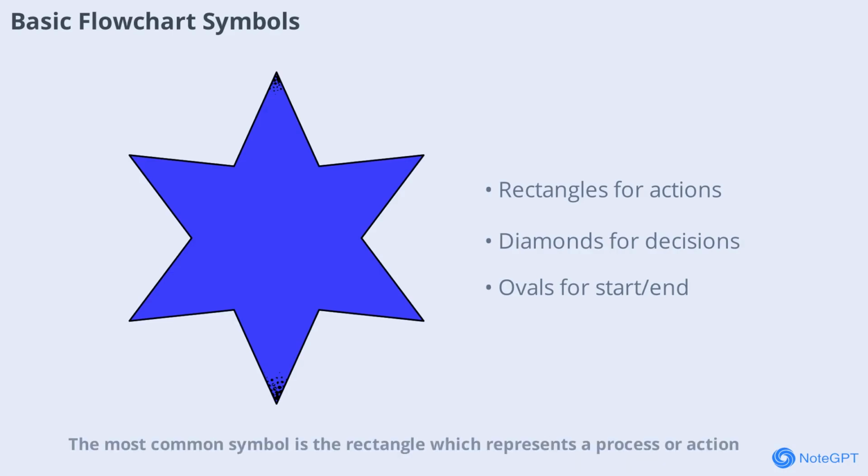To read or create a flowchart, it's important to understand the basic symbols used. The most common symbol is the rectangle, which represents a process or action. Diamonds indicate decision points where a yes or no answer leads to different paths. Ovals are used to show the start or end of a process. Arrows connect these shapes, showing the direction of flow from one step to the next. By combining these simple symbols, you can map out almost any process, no matter how complex it might seem at